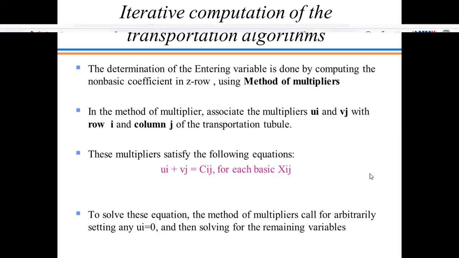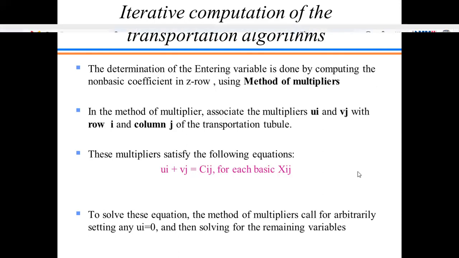In the method of multiplier, associate the multipliers ui, i refers to the source, and vj, j refers to the destination. I refers to the source, row, while j is the destination or column of the transportation table.